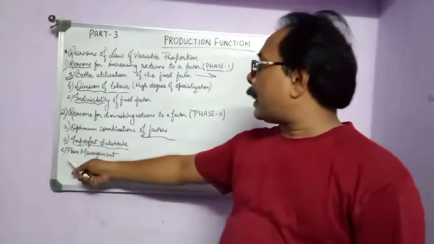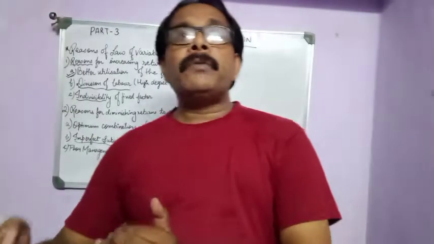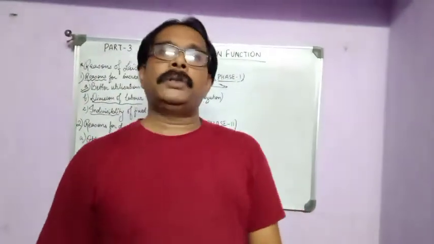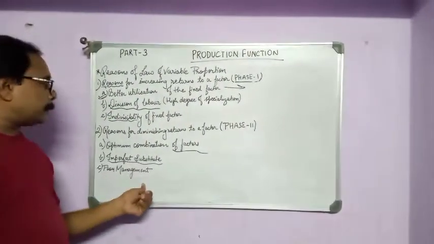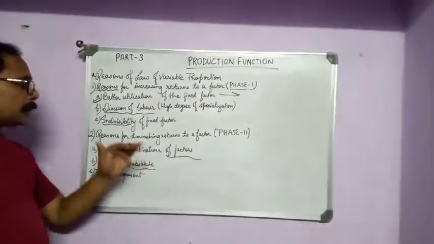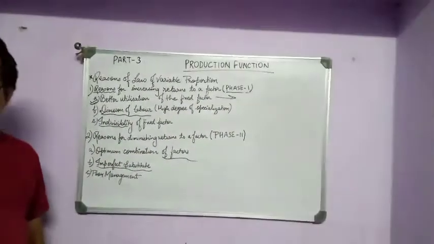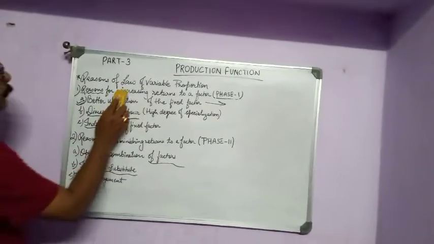Because here the management has no ability to divide the work according to the efficiency of the teacher. Okay, so poor management also reduces the production, and that is known as diminishing returns to a factor. Now come to the third, that is the reason for